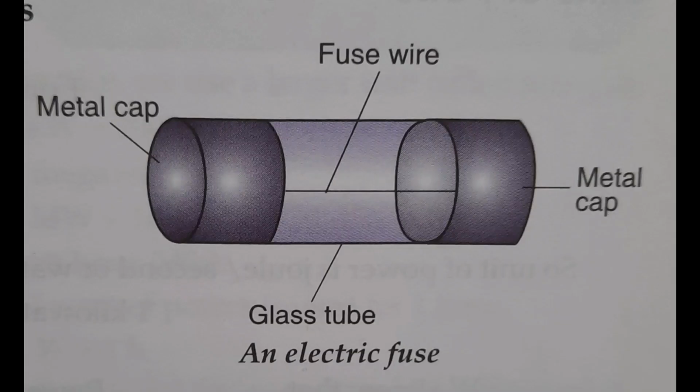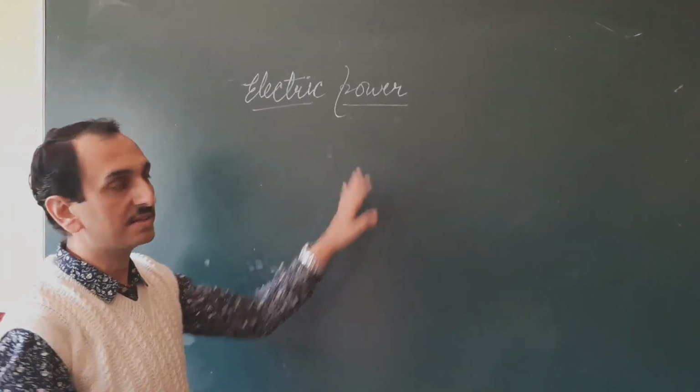The heating effect of electric current is utilized in the electric fuse for protecting household wiring and electrical appliances. An electric fuse consists of a thin wire of a metal or an alloy of appropriate melting point. For preparing an electric fuse, generally tin lead alloy and copper materials are used. An electric fuse is a safety device which protects electrical circuits and appliances by stopping the flow of any unduly high electric currents.